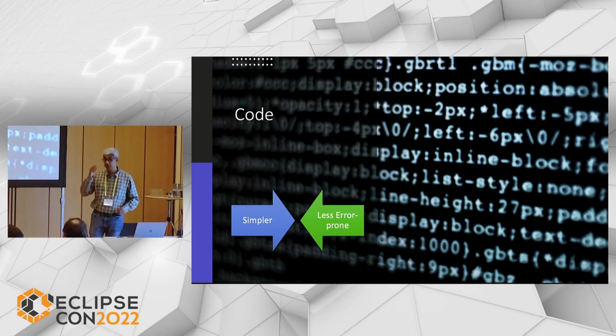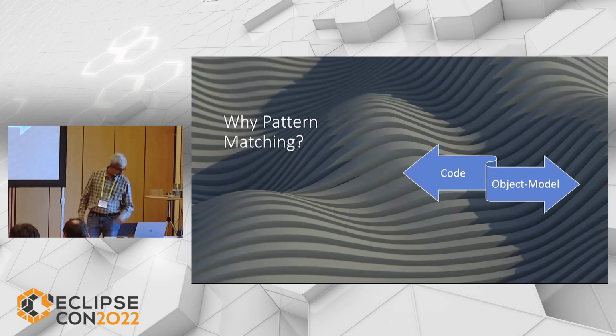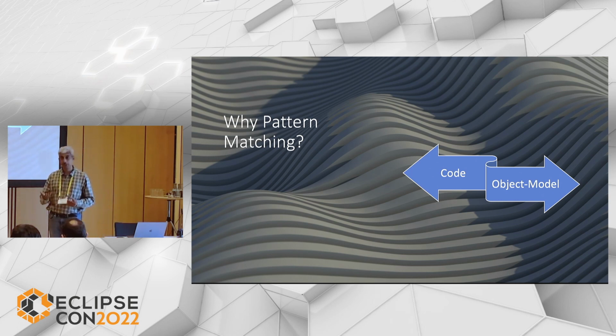So why do we do that in the first place? If I say it makes code simpler, I'm sure some of you may not agree, but it really makes code simpler. A lot of error conditions are missed out, and it makes the code less error prone. But is that the only reason? Answer is no. For that, we'll have to get into the object model. Java follows the object model, and the creators of Java mentioned that it's more about fixing some of the holes in the object model, which in the first place could have solved some of these things.